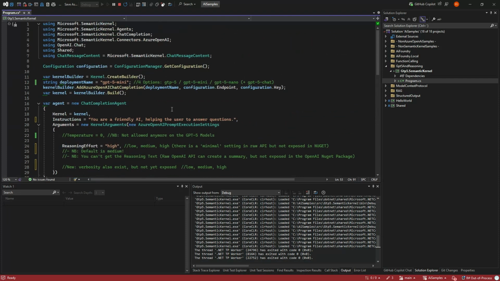Out of the box, just change the deployment name, but be aware that temperature is a problem, and reasoning effort by default is medium. So again, if you want to be really cost effective, set it to low, and use some of the mini models instead of the high models like I do here. But beyond that, it is quite easy to make the transition to GPT-5.